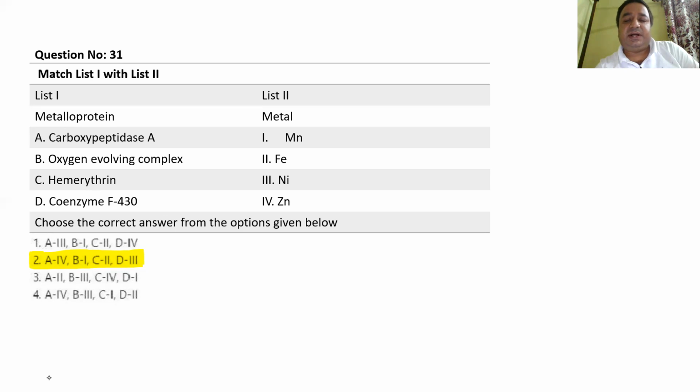Hemerythrin is going to contain iron. And the coenzyme F430 is going to have nickel. So that way we will say our answer is going to be